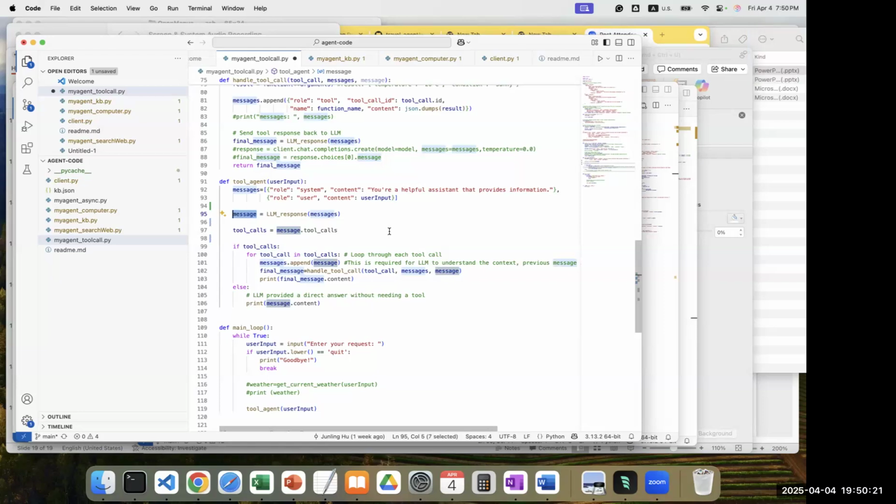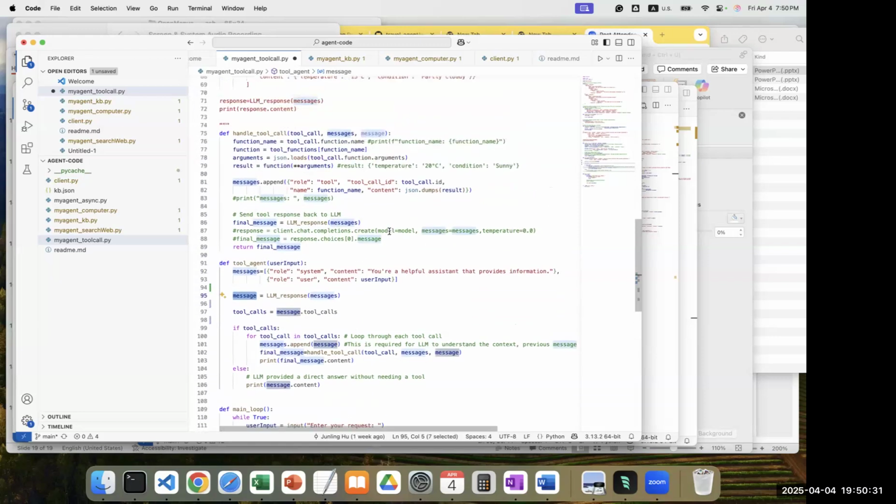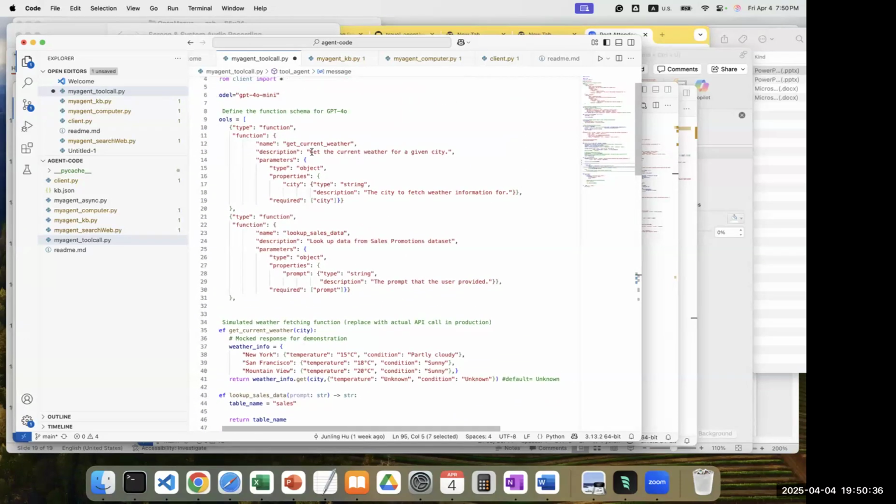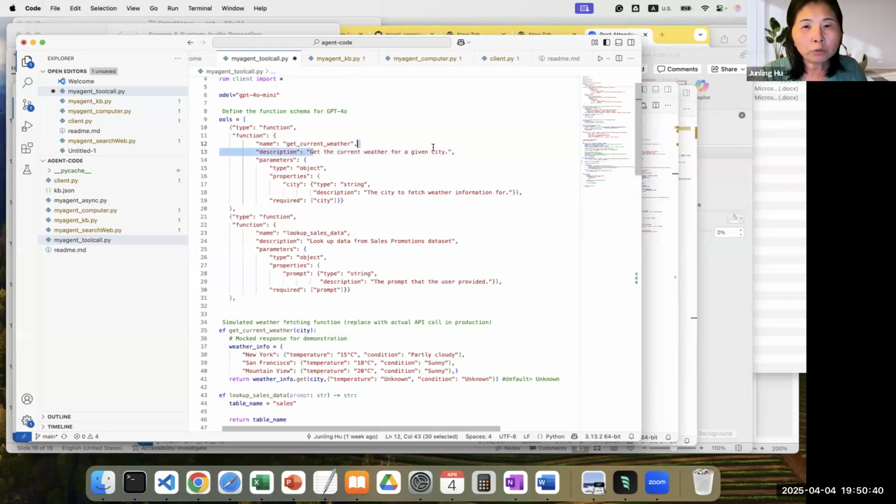Julian, before you go there, can I ask a rather quick question? In the tools dictionary up there, there's a section under each function called description. Is that something you're trying to give as much information to the LLM? Yes, that's the description for the help of the LLM. This description is the most important part.